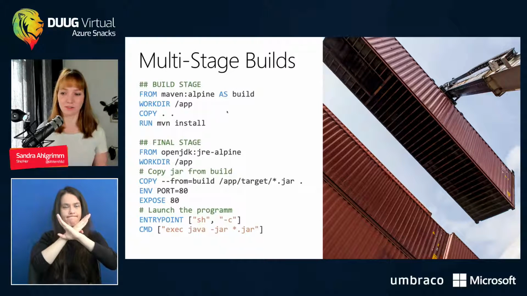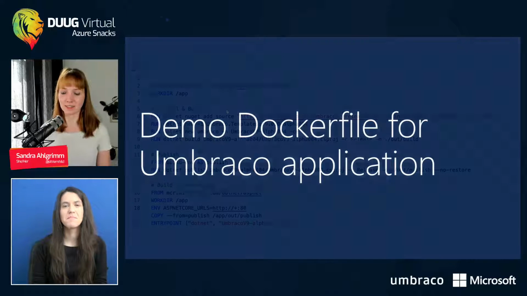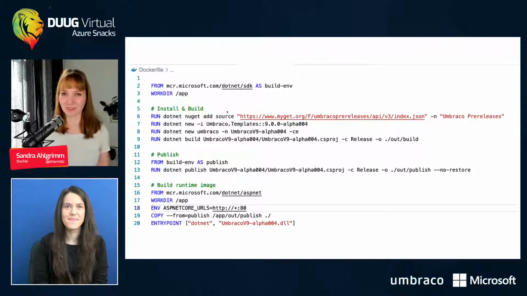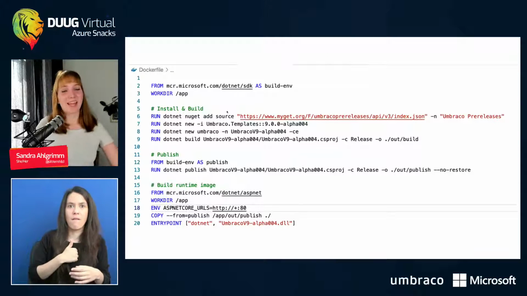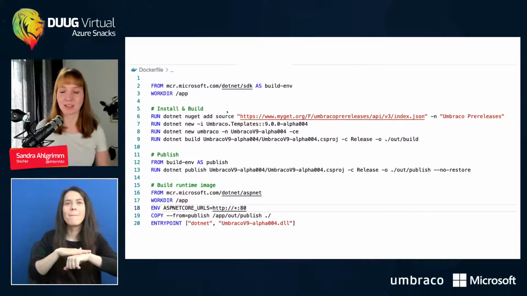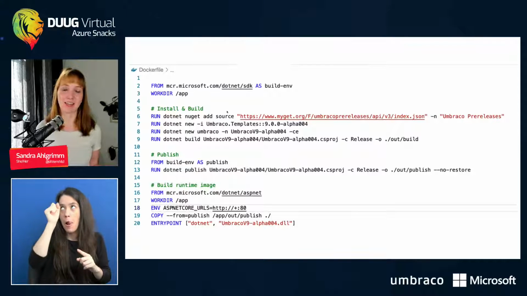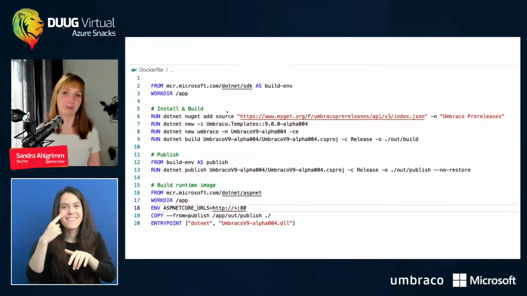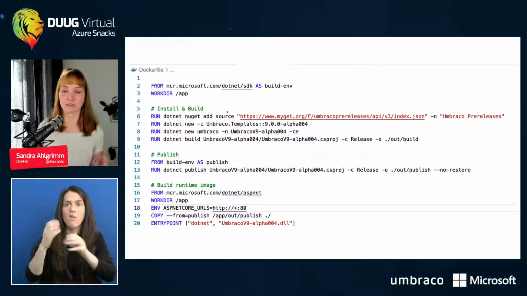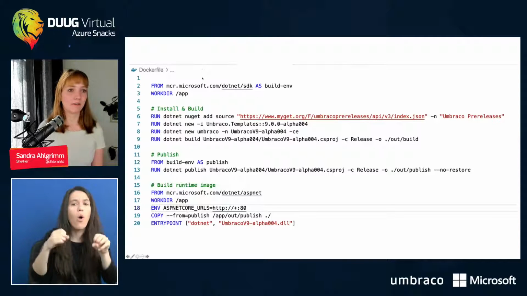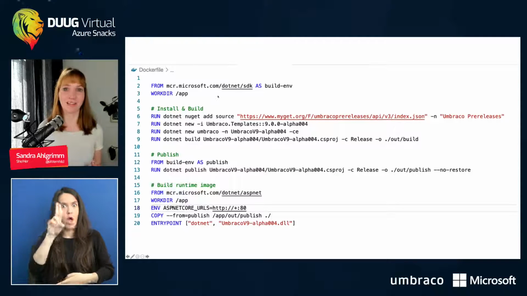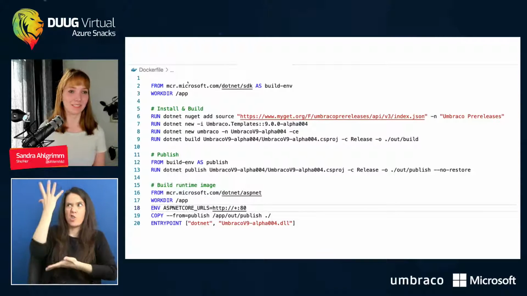So let's see how the Dockerfile for the Umbraco application looks. Here, I already told you I'm not a .NET developer, so sorry for this. And I also didn't have the time. I love experimenting, so I just can't have everything on my machine. And I love that containers allow me to play around with everything without having to install everything on my machine, because that might just result in conflicts with version errors and so on. So here I have my Dockerfile for Umbraco, so I can run Umbraco locally on my machine without having to install Umbraco. That's very cool, isn't it?